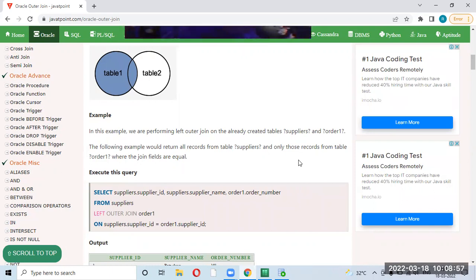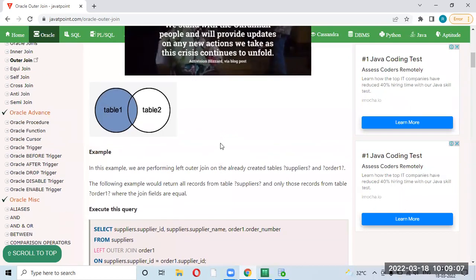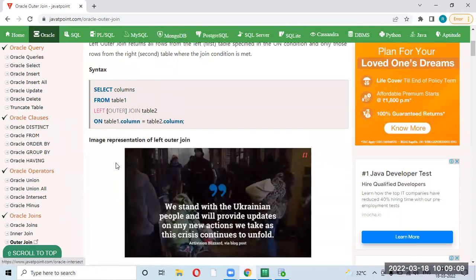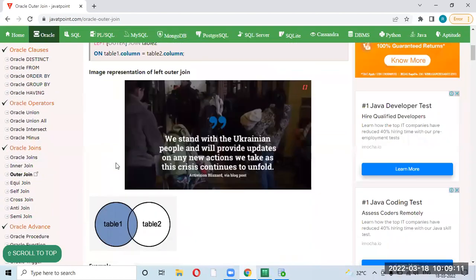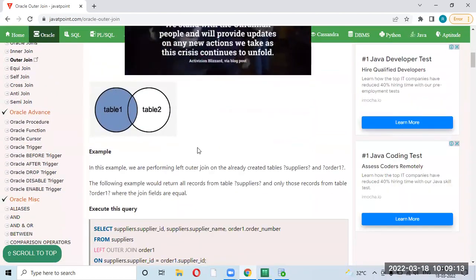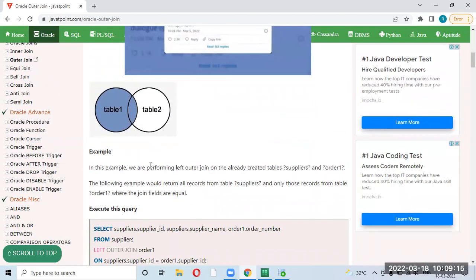What about the records which are not in table one, but are in table two? It won't show those records. Yeah, actually, you are 90% accurate by the diagram.